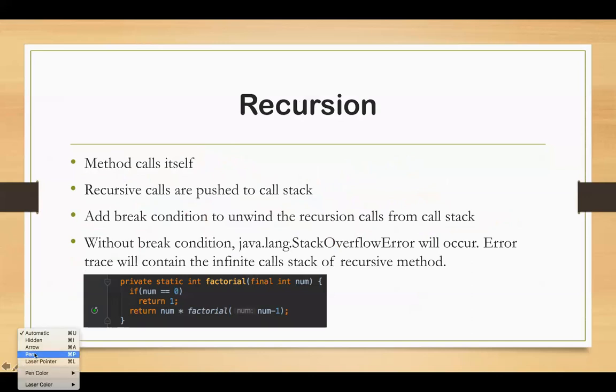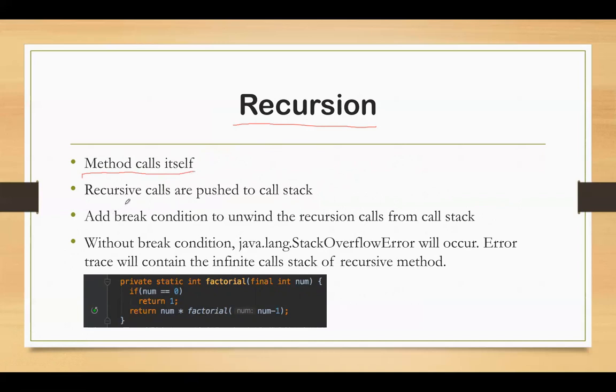Just some time back, we saw how the recursion of factorial was calling itself. Basically, recursion is a scenario where a method calls itself.